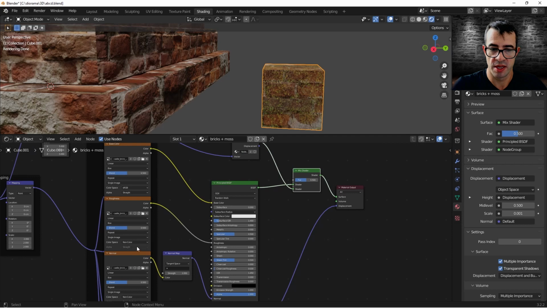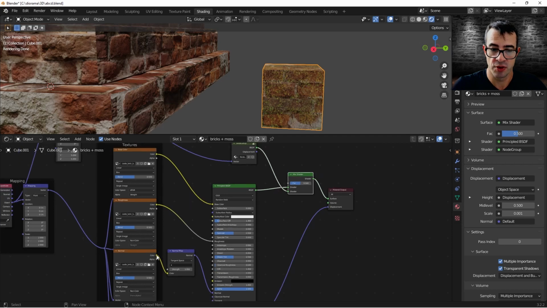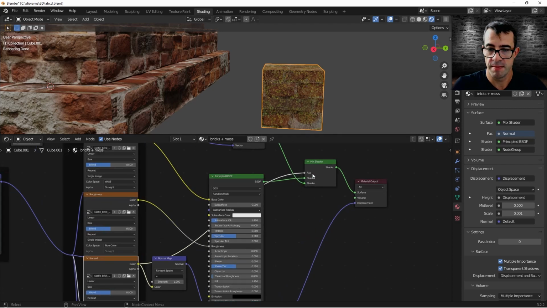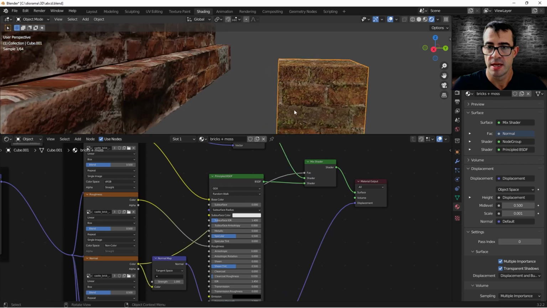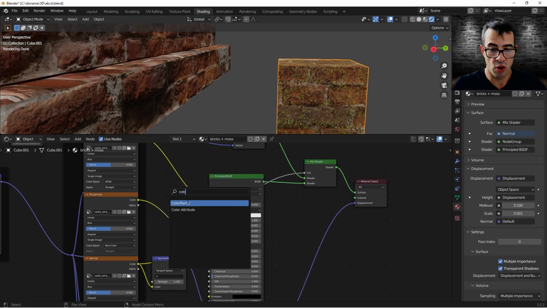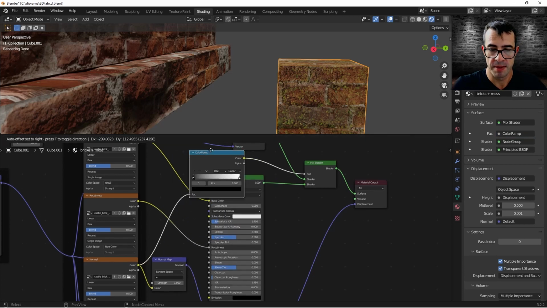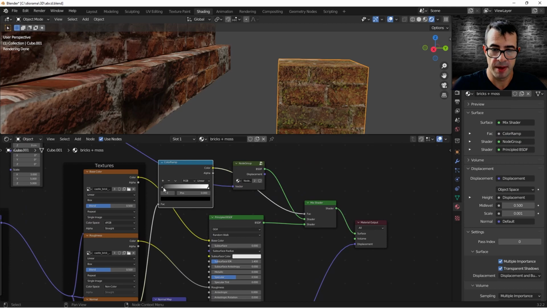So we will use the displacement map as factor. So let's plug it here. Okay, maybe I switch them. But actually it's because I have to push the colors together with a color ramp. Shift A, search color ramp here, because they're very far apart. So let's bring one here, the other here, and